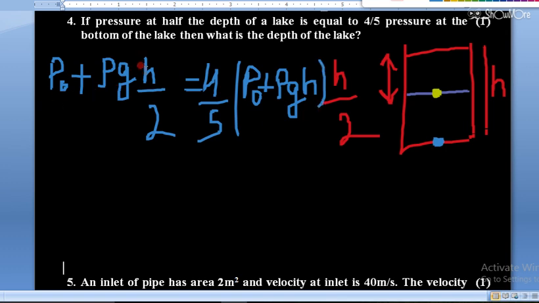P naught plus rho g H by 2, this is the pressure at the center point, which is the pressure at half depth, is equal to 4 by 5 times the pressure at bottom. So the pressure at bottom is P naught plus rho g H. After some rearrangement, you will get P naught is equal to